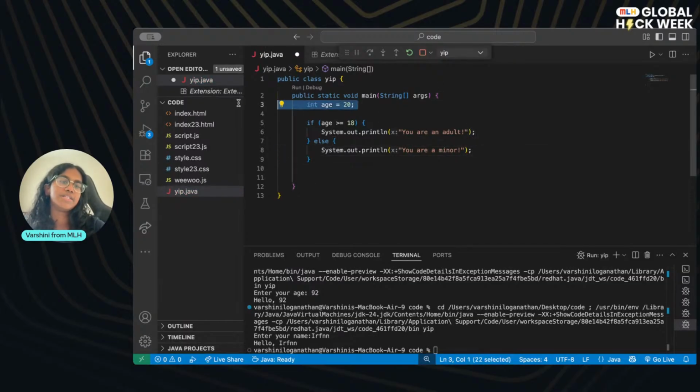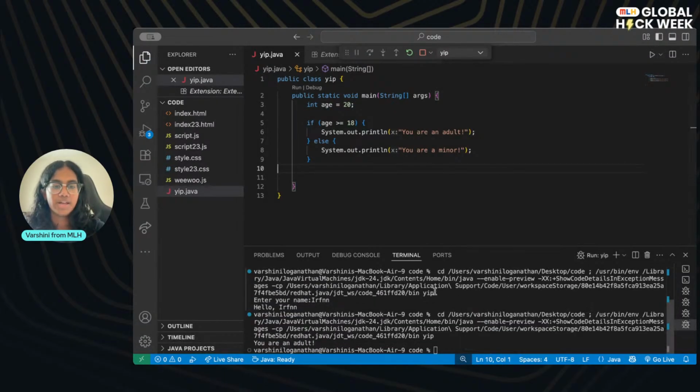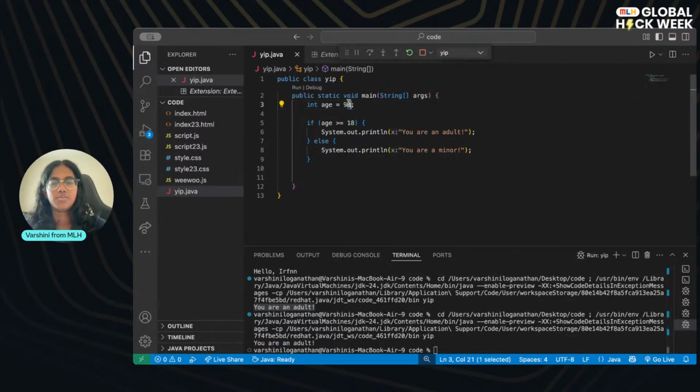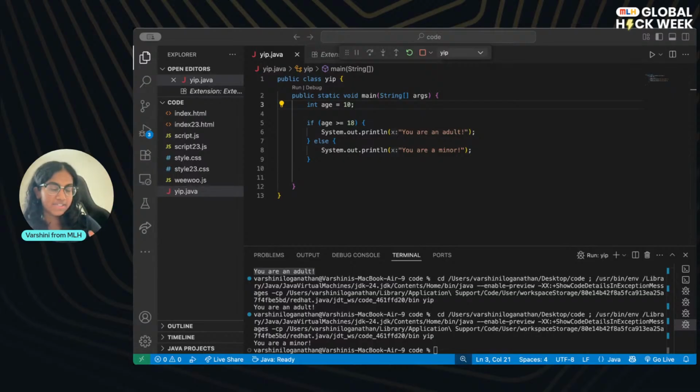And so here I've already set our age to be 20, just for sake of time, but we can see how this program runs. We run it, and since we're 20, it says you are an adult. Sorry if you can't see that under all the mumbo jumbo, but it does say you are an adult here. But let's say you're 90. Are you still an adult? Boom, you are. What if you're 10? You are a minor. There you go. So that is an example of if-else statements.